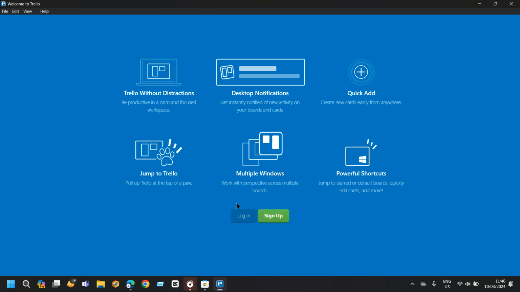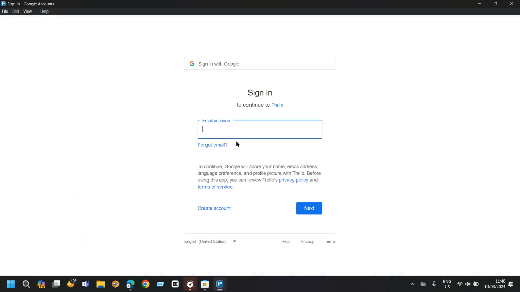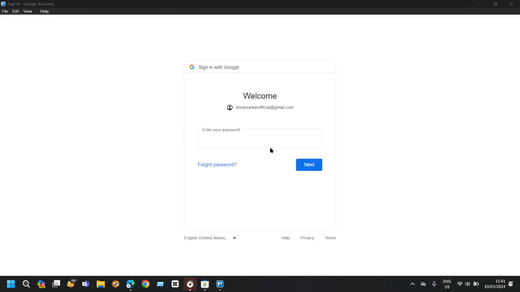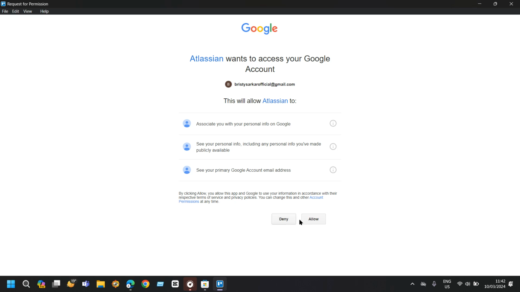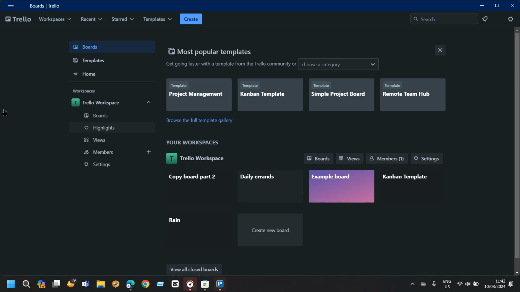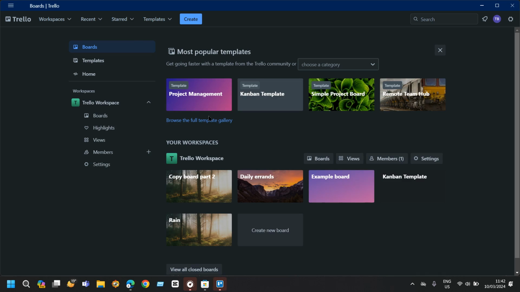For today, I will just log in from Microsoft Edge, continue with Google, and I already have an account. Give your password after your Gmail account. Choose your account and tap on allow. Now, as you can see, I have downloaded Trello successfully and this is my app surface